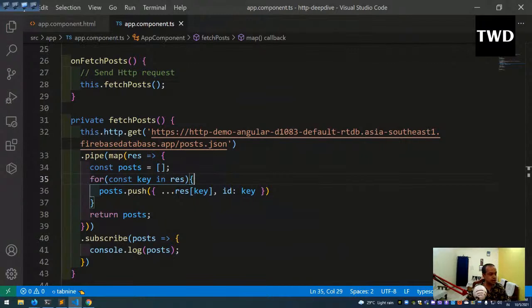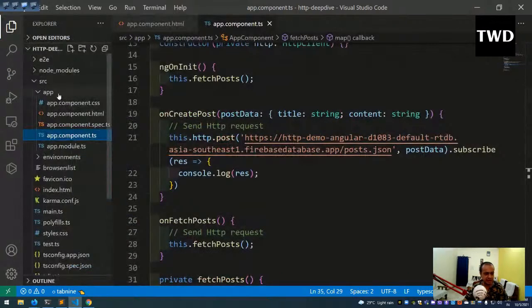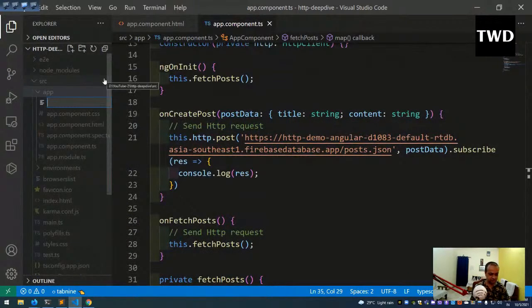Now in HTTP and TypeScript, for all of it we are going to have a common post model. So it is always good to have a common post model. We are using it without the post model, but it's better to create one. So inside this app, create a post.model.ts file